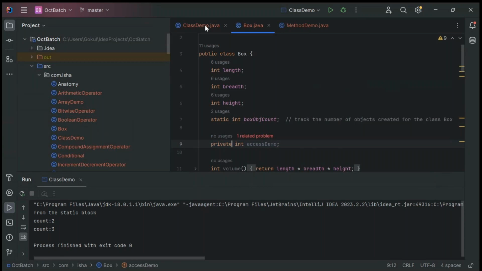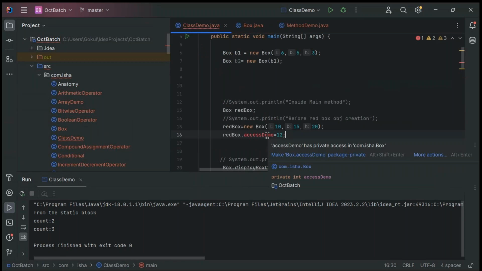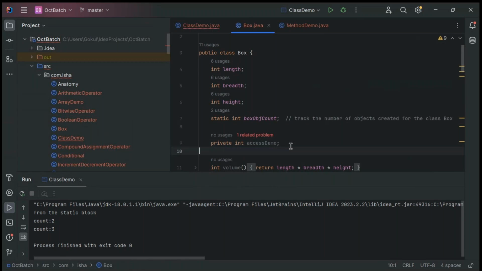So with the private variable, what has happened is, immediately when I changed to private, can you see, previously this line was working. Now it is throwing me an error and it is mentioning the reason for the error also. Access demo has private access. So it is mentioned as private, so I cannot access it. Though I have created an object for this particular box class, it is not allowing me to access the private variable. So whenever you have a situation where you need a variable that you want to access within the box class itself, here itself,